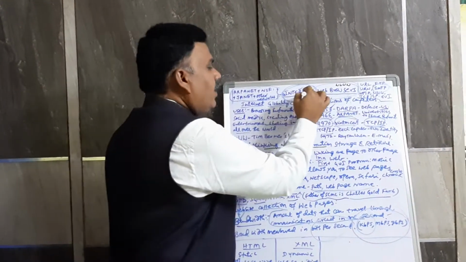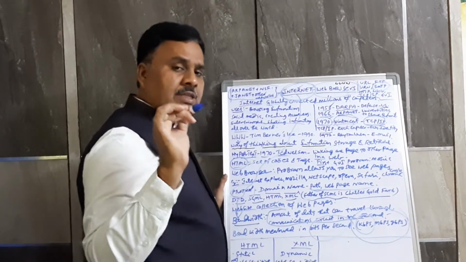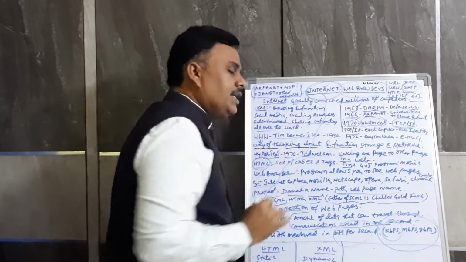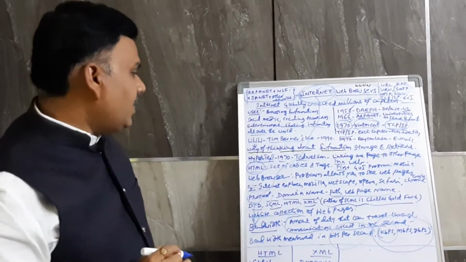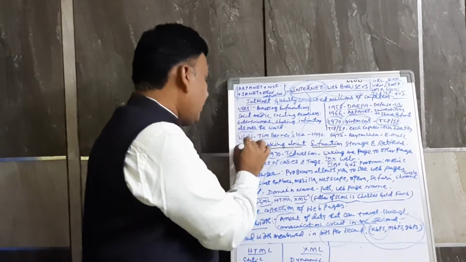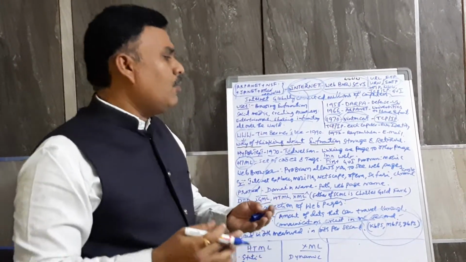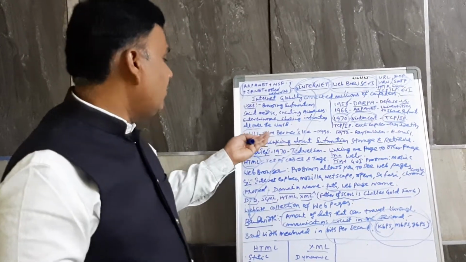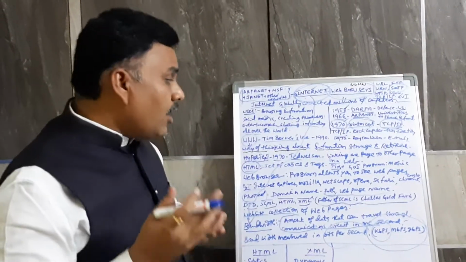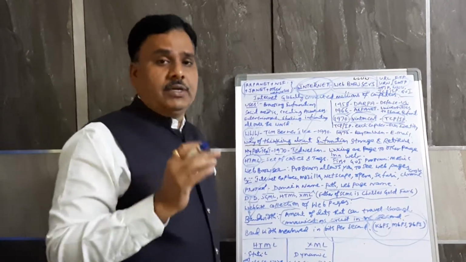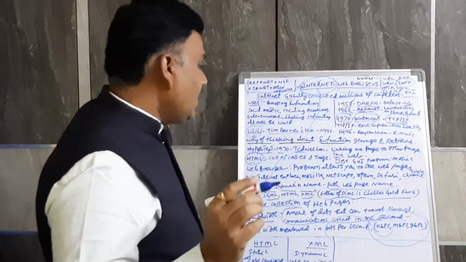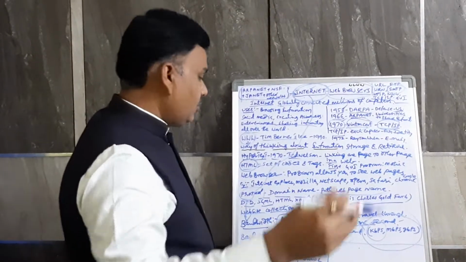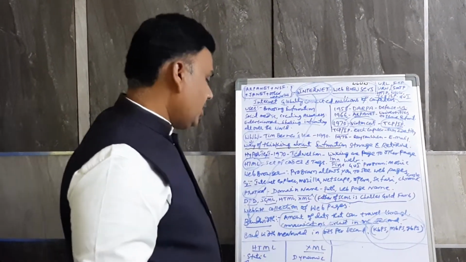The World Wide Web was invented in the year 1990 by Tim Berners-Lee. This is a way of thinking about information, how information will be stored and retrieved. This is called the World Wide Web. Ray Tomlinson is the email founder. Email is nothing but sending messages from one user to another user, or one computer to another computer.